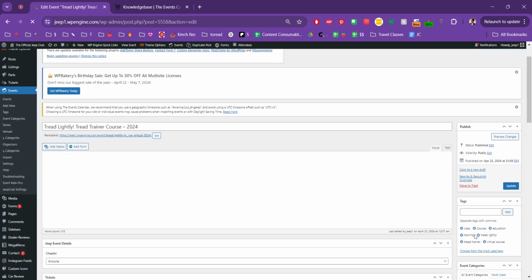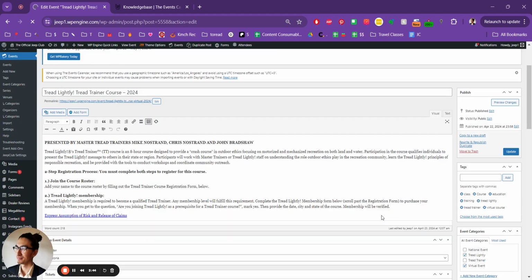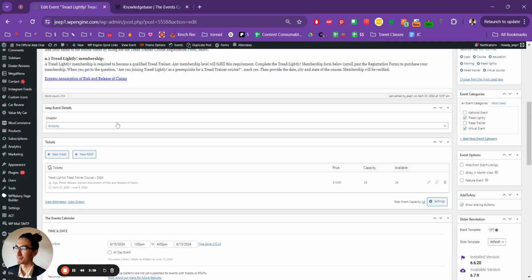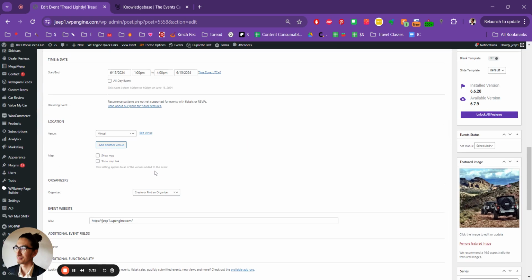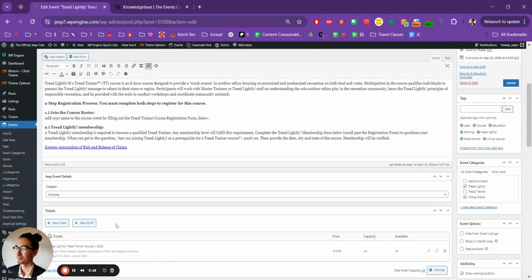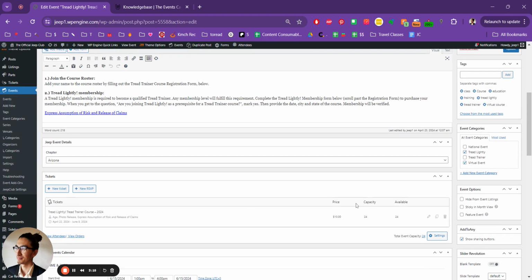You can see here we've got tags on the side, event categories, the summary of info here, the title, the chapter, which can then be assigned, the tickets associated with it, date, time, the venue. Now, in this case, you can select one, or you can set virtual if it's online. You can choose to show a map or show a map link, an organizer, an event URL. The event tickets are here, and you can go in and edit this to